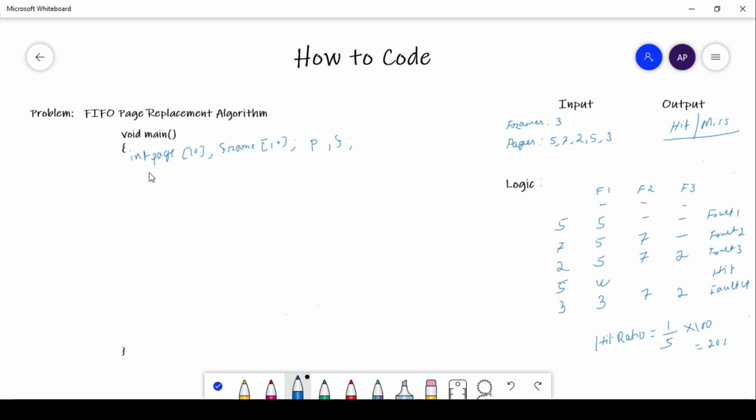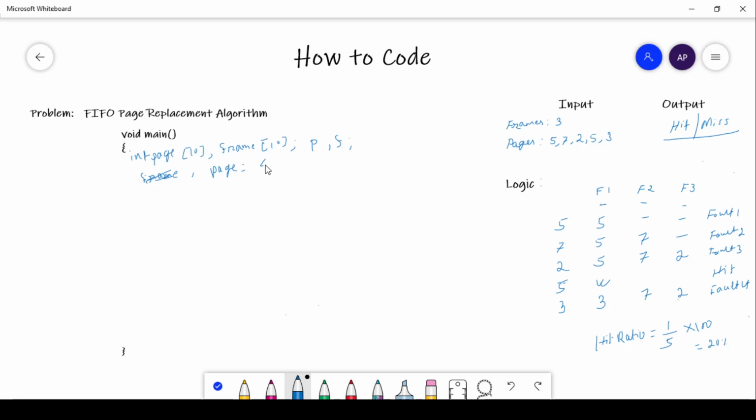For this example we will initialize some values inside the arrays page and frame. In frame, later we will put the values, because right now it is empty. Right now we don't require frame, but in page initialize the values. You can take user input also using scanf, no problem.